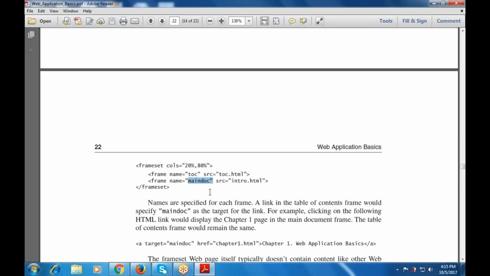So again there are two parts. 20% is carried out by the TOC.html and the 80% is carried out by the intro.html. Then the frameset tag will be closed. So in this frameset,